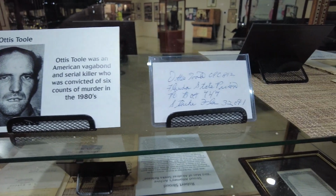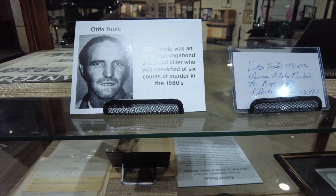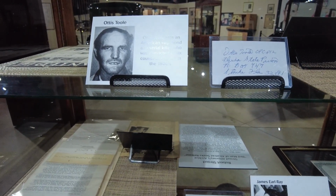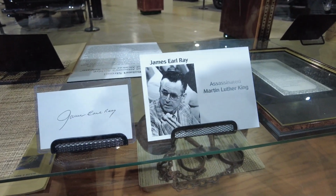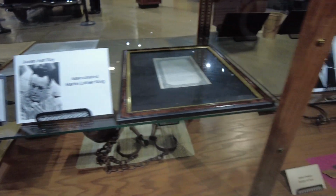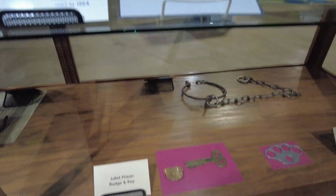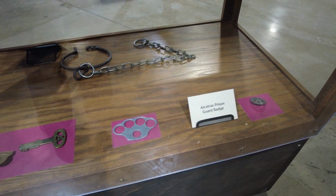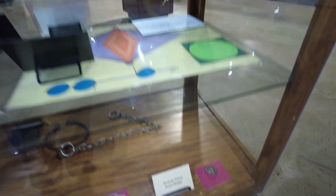But this is Otis Toole, who worked with Henry Lee Lucas, if you can call that working with him. Just a real creepy guy. And I believe he was charged with the murder of Adam Walsh, the son of John Walsh from America's Most Wanted. James Earl Ray was the guy that shot Martin Luther King. Then we have Albert DeSalvo, a Joliet prison badge and key, some brass knuckles, because everybody needs some of those, Alcatraz prison guard badge,